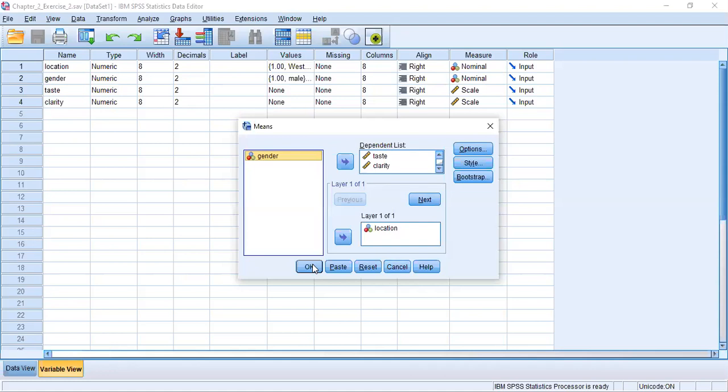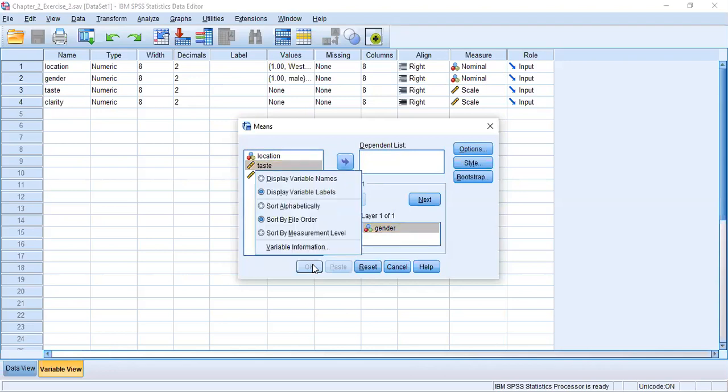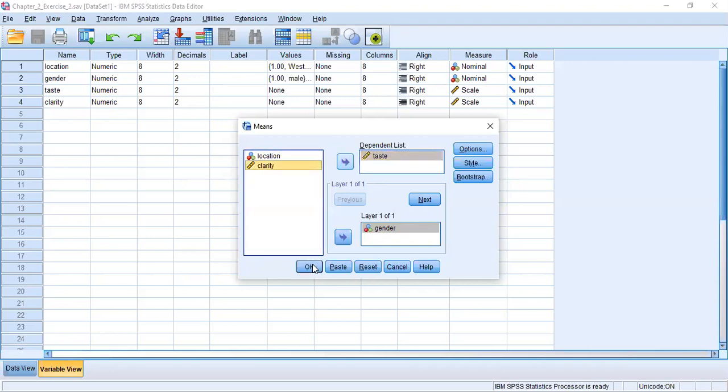Let me check it again. It's not working right now also. So now it works. So rather than location, I'll be moving for gender